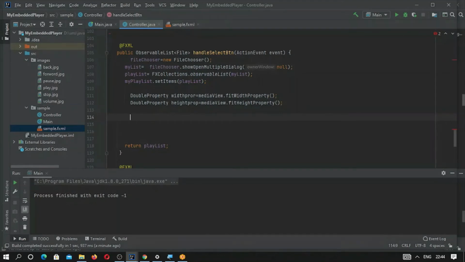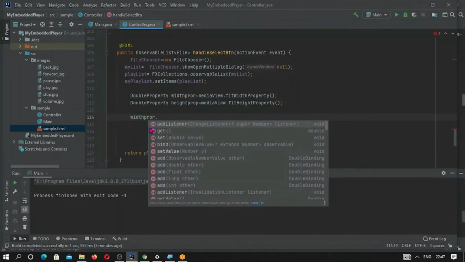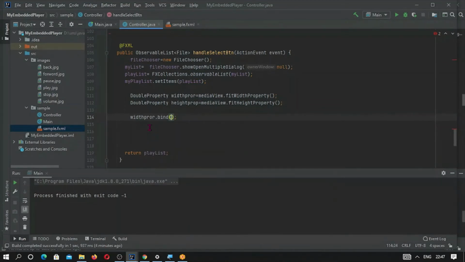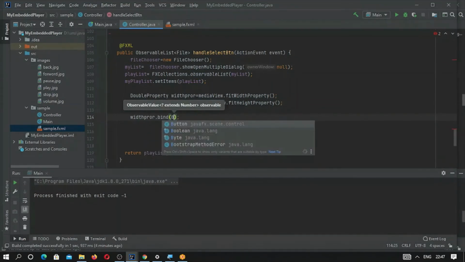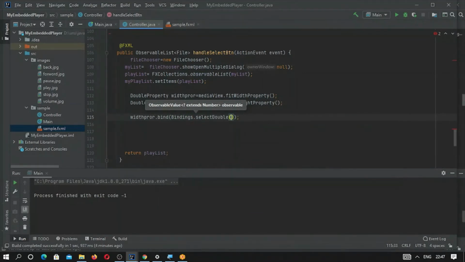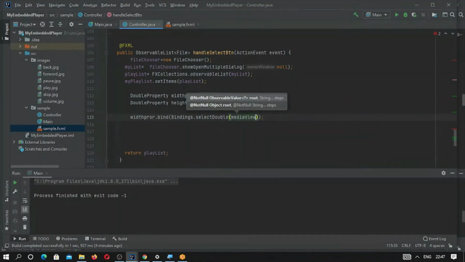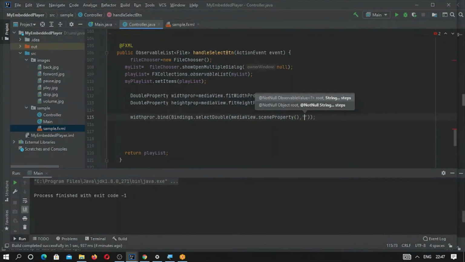So width dot bind, bindings, selectable, media view dot scene property, and here comma, and this should be given scene width.